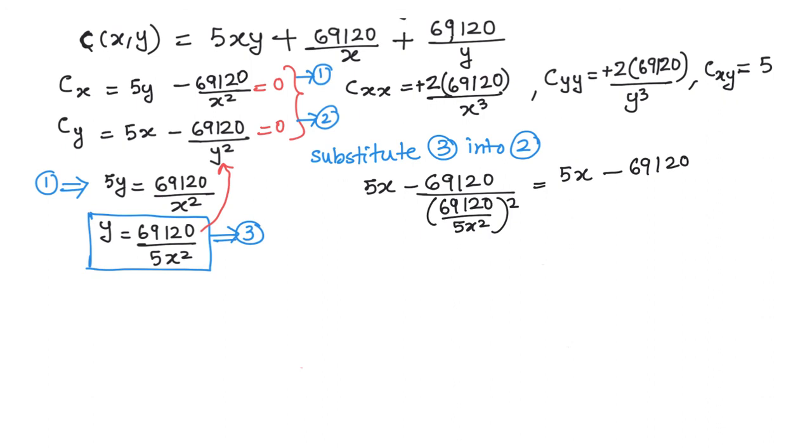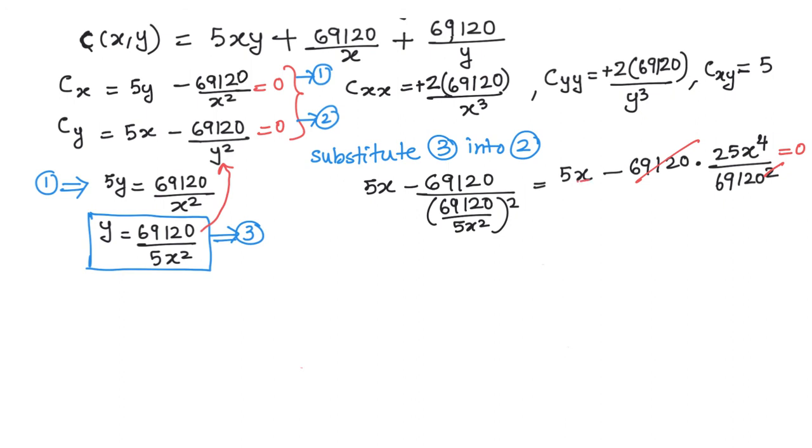Dividing by the fraction is the same as multiplying by the reciprocal. So 25 x power 4 divided by 69,120 square. Because we are squaring this, this will become 25 x power 4. We are multiplying. Division is the same as multiplying by the reciprocal of that. That means flip this fraction and multiply. And you can see one of the factors cancels, and you can set it equal to 0 and solve. If you want, you can factor out